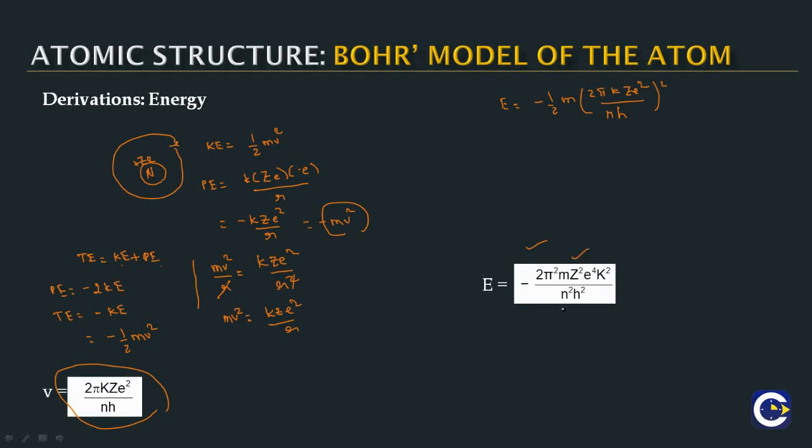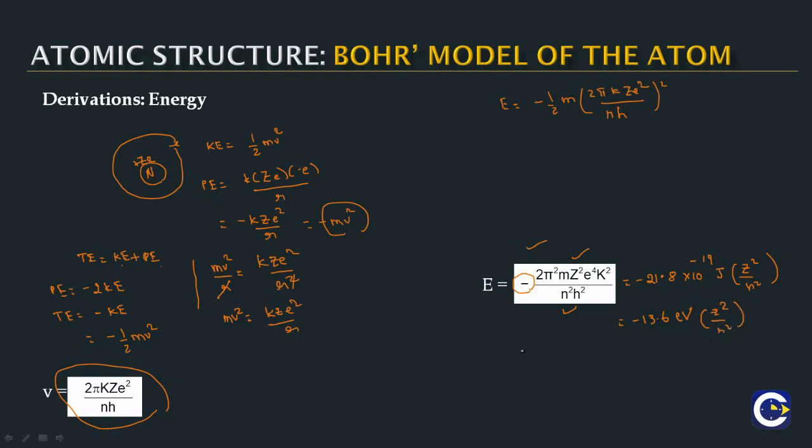So here you will see that the parameter will be Z square by n square, and one more significant thing is that the energy of the electron inside the atom will be negative. We are talking about the total energy. So upon substituting all the constant values, we will get that the energy of the electron inside the atom will be minus 21.8 into 10 power minus 19 joules Z square by n square. Or in terms of one more common unit of energy with regard to these subatomic particles, where the energy will be less, it is minus 13.6 electron volt into Z square by n square.